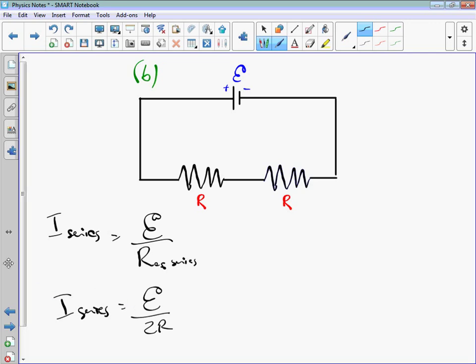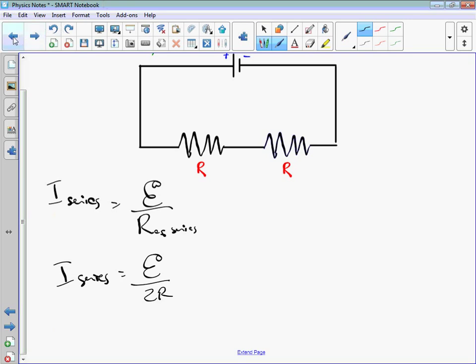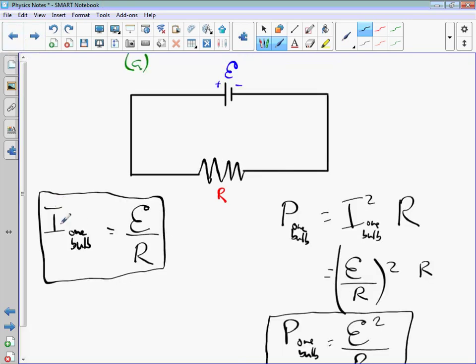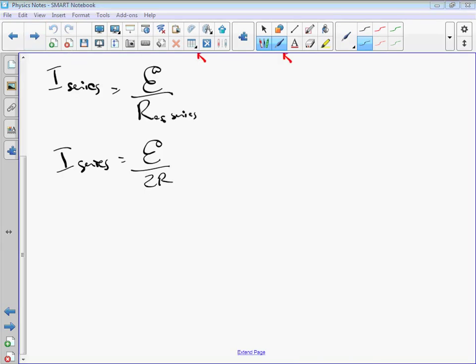And since I want to compare this back to the one bulb system, I'm going to keep going back to it. One bulb, the current of one bulb was E over R. So the current of two bulbs in series would be 1/2 the current of one bulb. We're going to keep comparing to the original one bulb. As far as power in series, so power in series